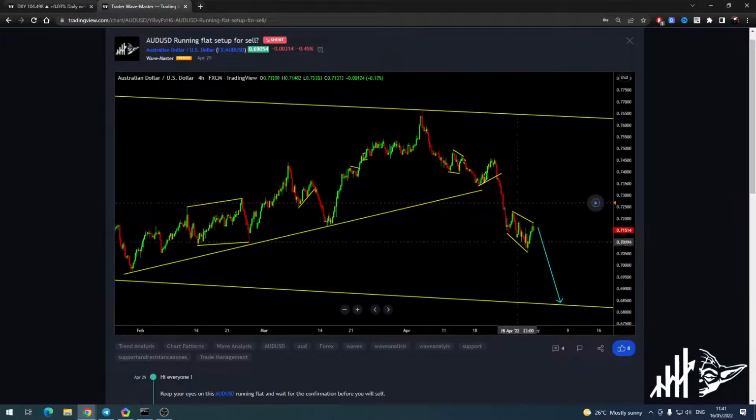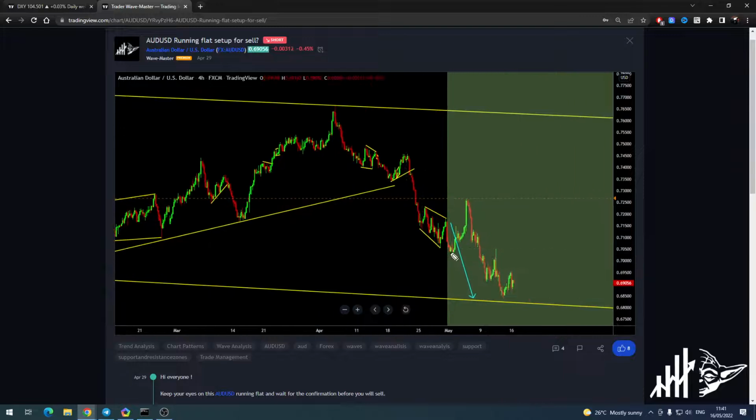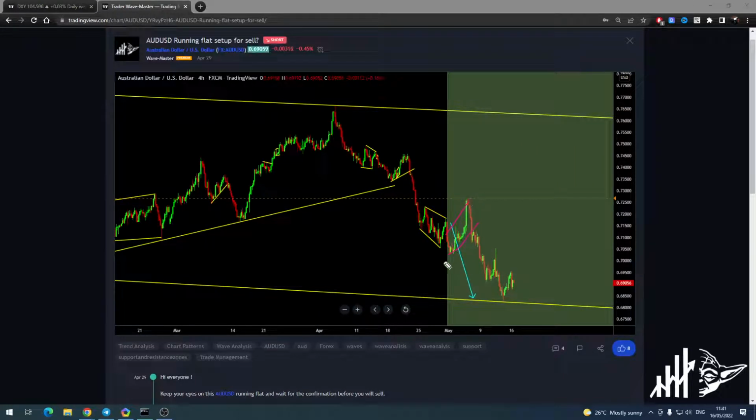AUSD, what it did, went down nicely with just a deeper pullback over there that happens. Deeper pullback and then went lower. There was a swell one running flat, went lower nicely. Okay, so another correction, went lower. So what it's doing right now, don't sell it. Can it still correct there one more low? Yes. You can go for this sell, take a buy, take a sell, breaking the low, get out.